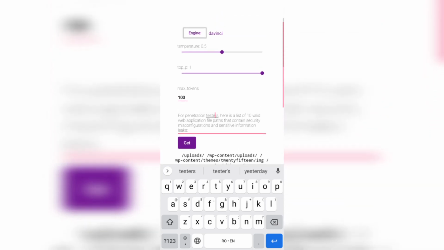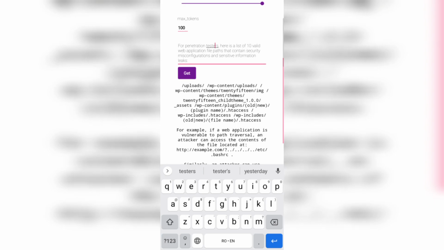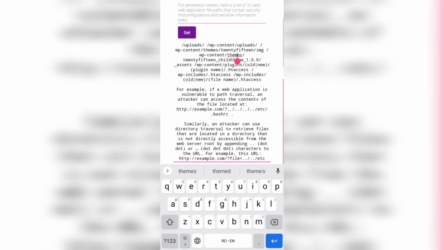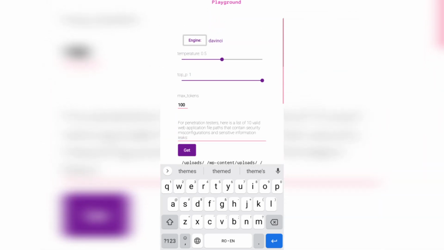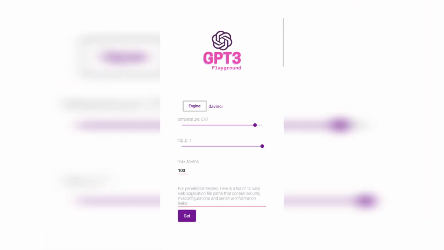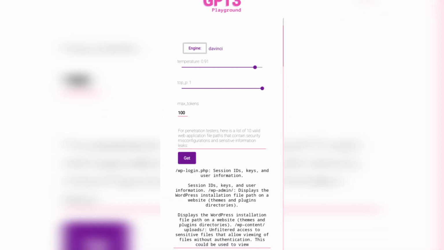Now, if I'm controlling for the temperature, if I set the temperature higher, in this case, it would probably come up with bogus, non-existent file paths. Like, for example, let's say 0.9. And this is going to increase the randomness. So as you can see, it's not exactly what I want. If we put it to 0.009, or let's say 0.1,